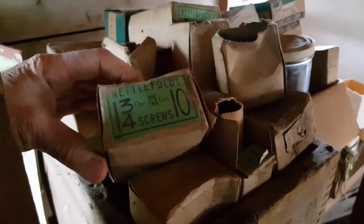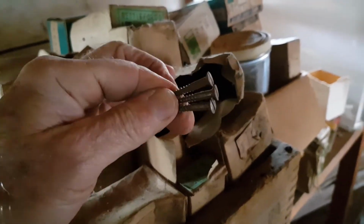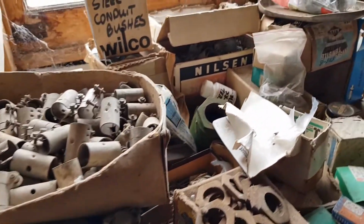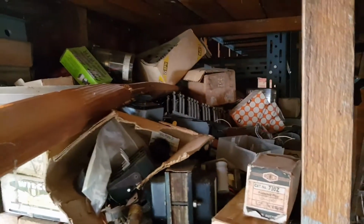We have a pan around this side. You can see there's just boxes and boxes of old woodworking screws. They're new old stock. A little bit rusty, but they're of some value, especially to people that like doing up furniture and using old original hardware. I'll step over some things down this aisle. We've got brackets and joiners and saddle clamps, electrical timers, lots of saddles. Up here's more electrical stuff, transformers,